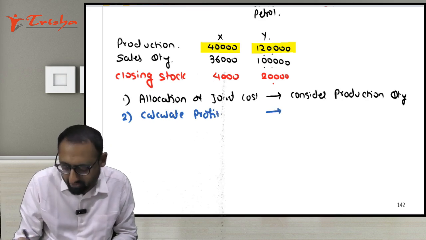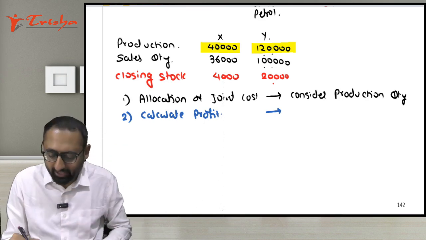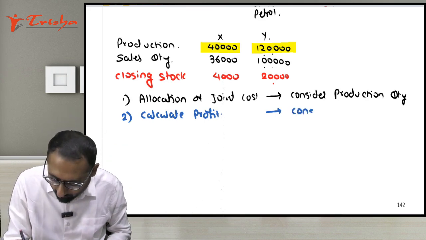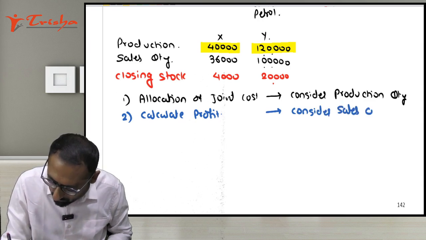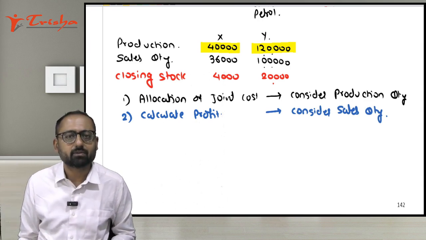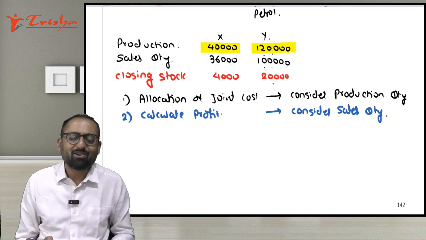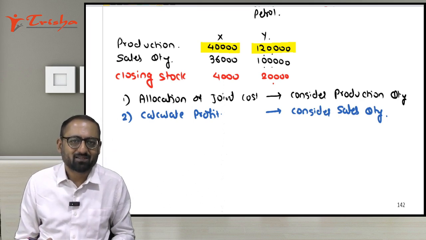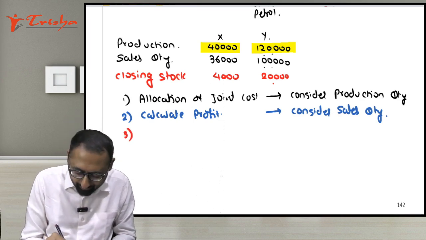So if the question is to calculate the profit, then you know that profit will be calculated on the basis of sales quantity. Production will not give you profit. Sales will give you profit. And the third important point,